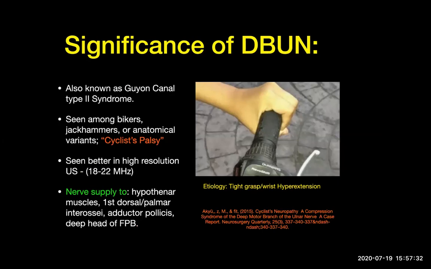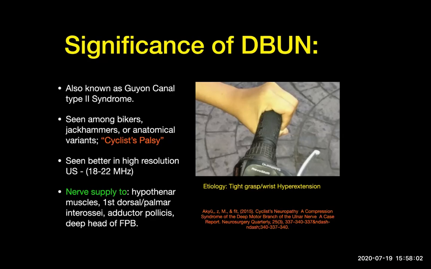So what is the significance of the deep branch of the ulnar nerve? This is sometimes called the Guyon canal type 2 syndrome. This is seen among bikers, jackhammer users, or maybe just an anatomical variance. And this is what they consider to be the cyclist's palsy. And the cause is, of course, as you know, when you do your